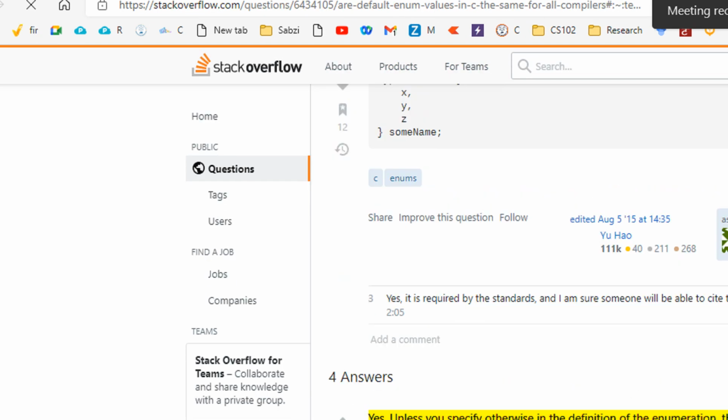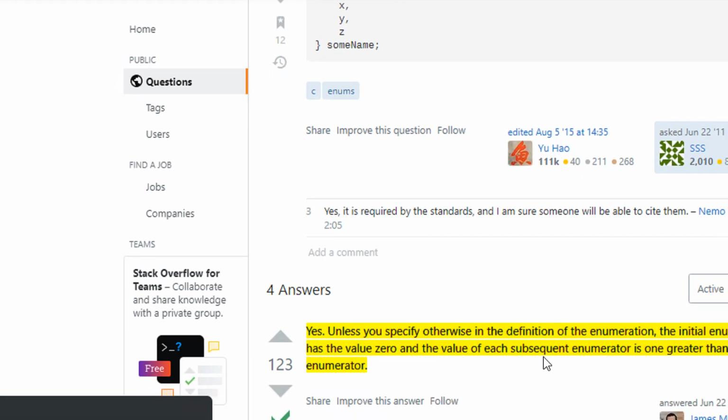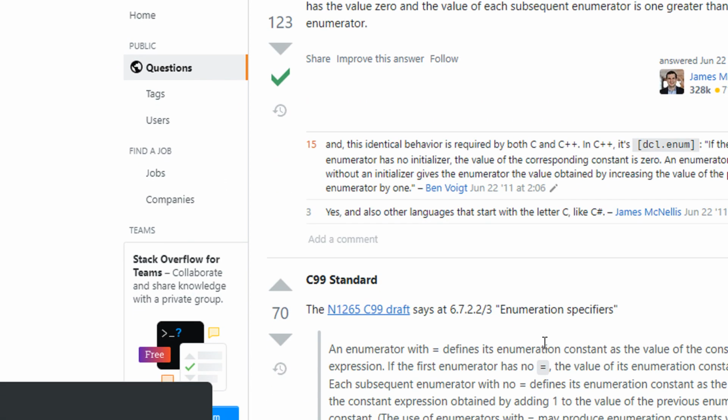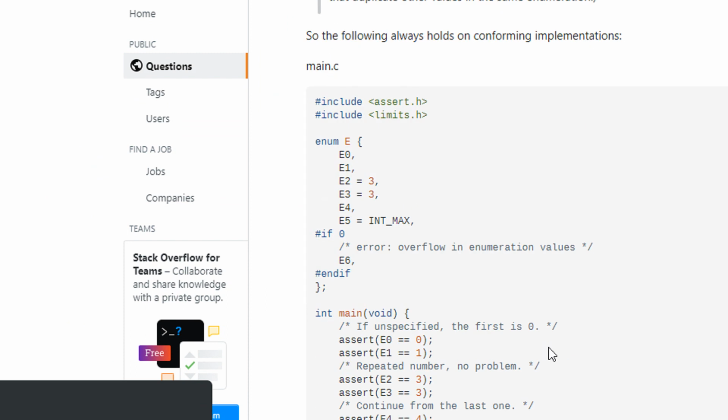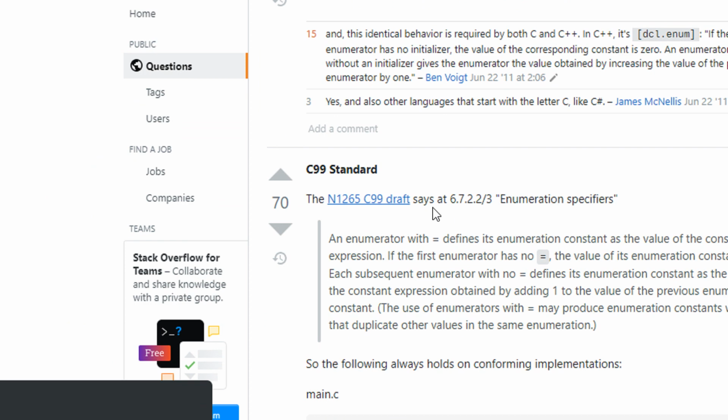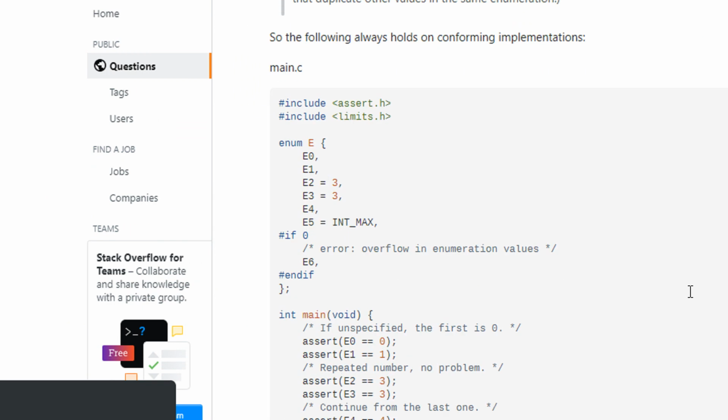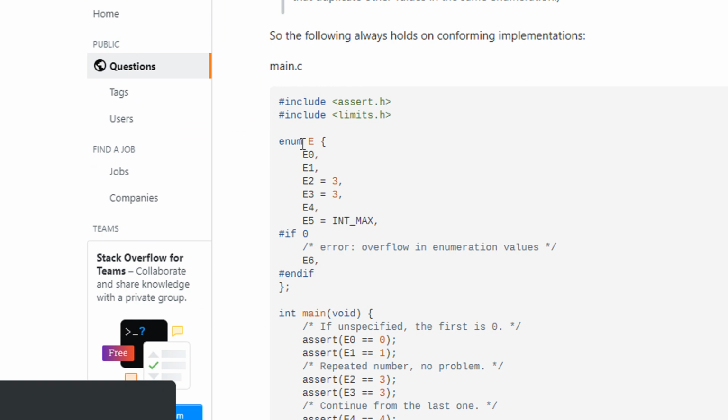Are enum values the same? Okay, see, in this particular case you can see they are explicitly assigning enum some specific values. So I think this has your answer. In the draft C99, they say that if you don't assign any values, it will be 0, 1, 2, 3, 4. But in this case, this will be given 0, this will be given 1.